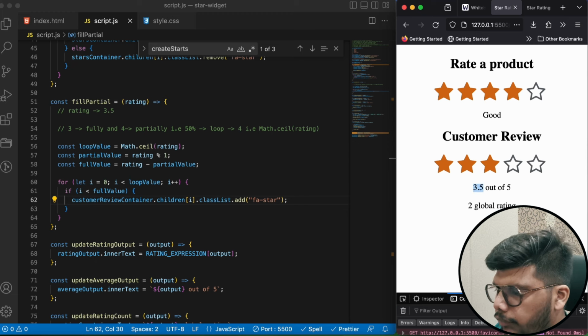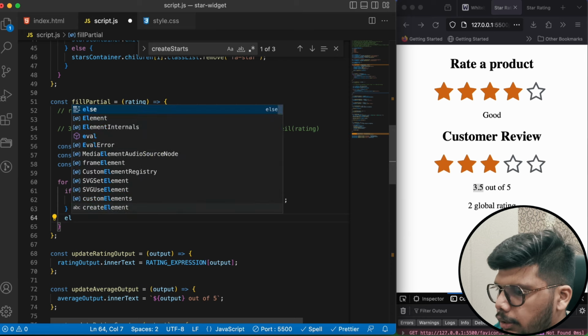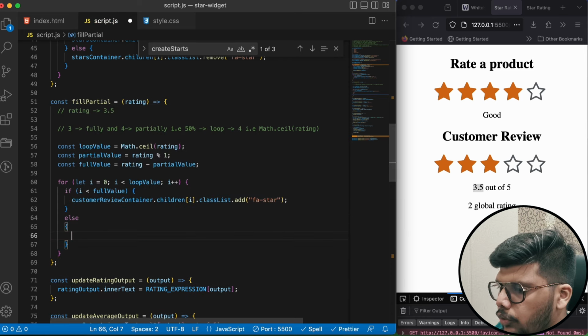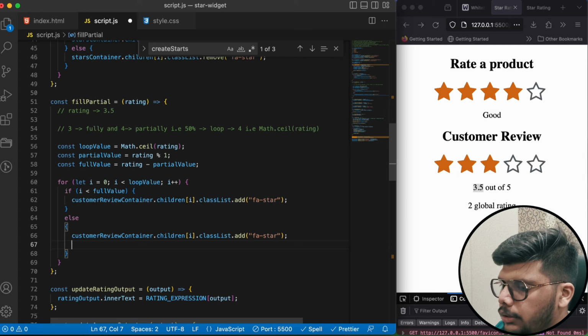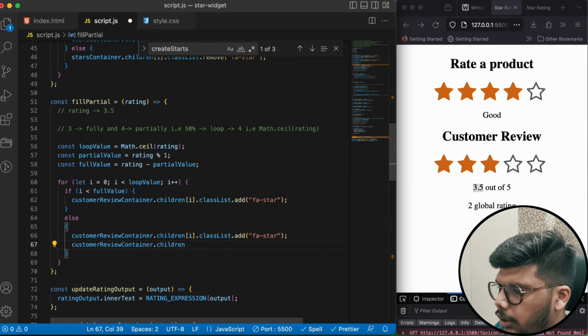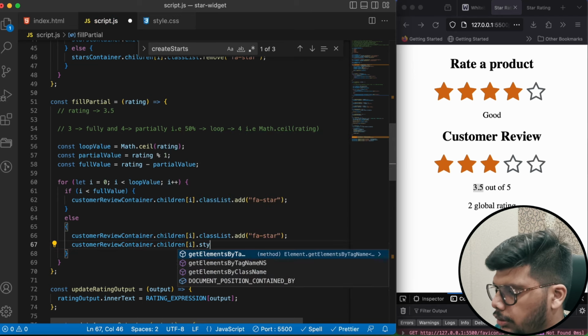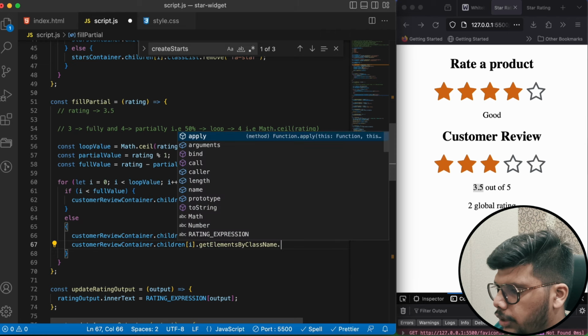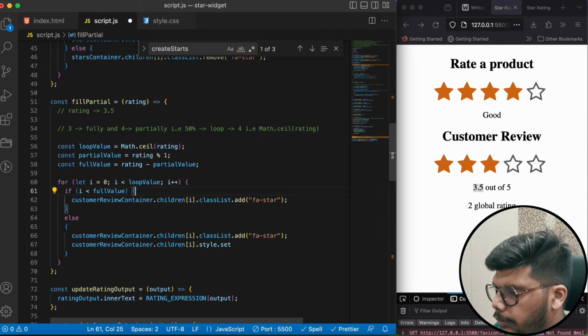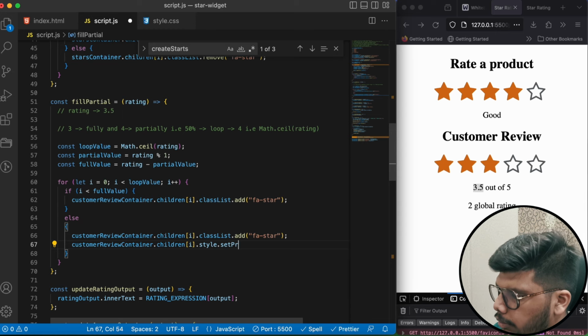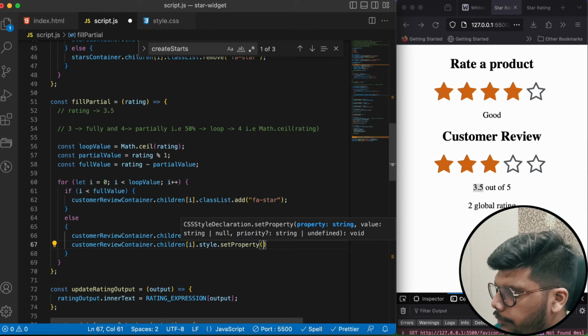So for 3.5, I will basically handle the else case. If it is less than full value, then it will be fully filled, else it will be fully filled, plus I need to add an attribute here. So customer review container dot children i dot style dot set property. I will tell you what I am doing here. Percentage equal to,